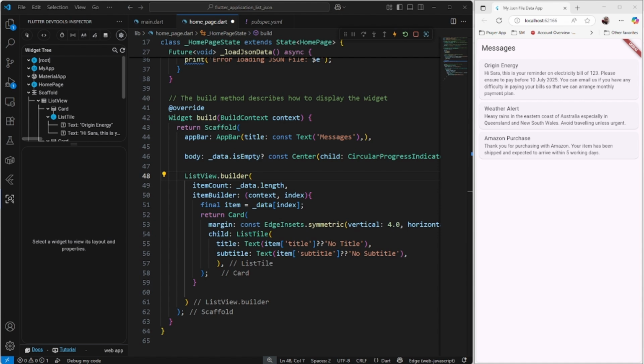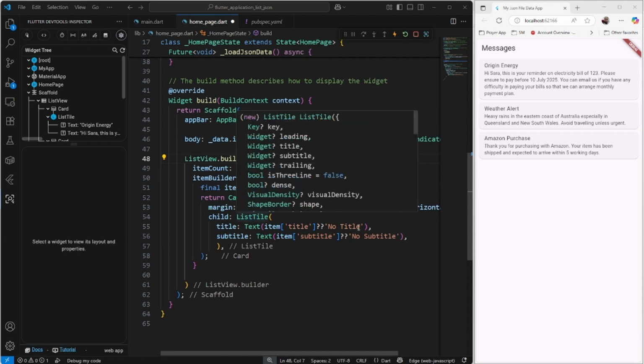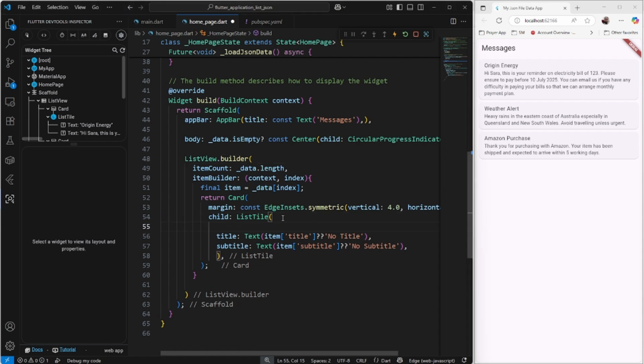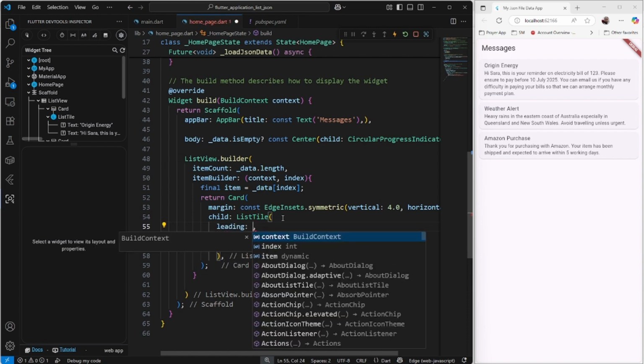So the way you do that is, again, you go into your list tile, which is here, and also we want to display some icons at the beginning or at the end. You can also do that. So let's try to do the first. Let's go with the leading and trailing icons. So leading, so let's try to display an icon. Say for example,